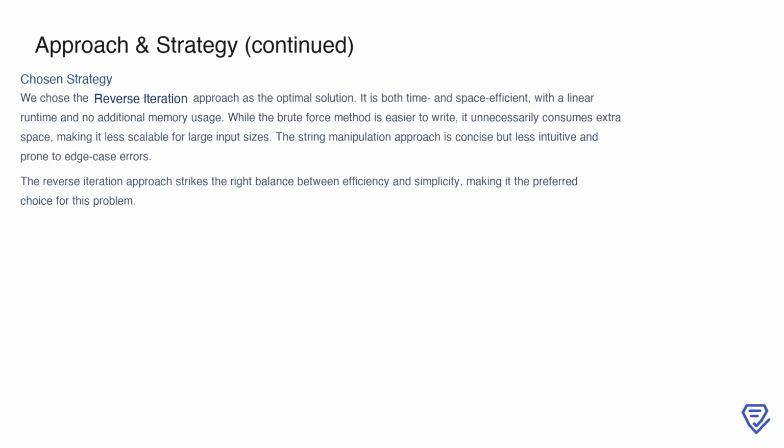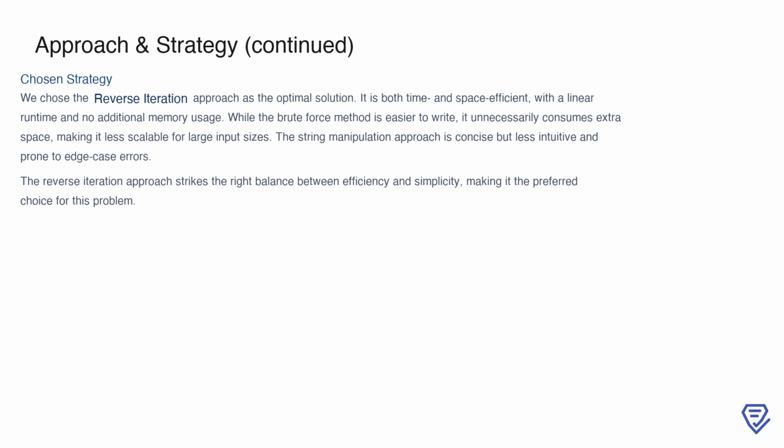Among the approaches discussed, we chose the reverse iteration method as the optimal solution. It offers the best balance between time and space efficiency. With a linear runtime and no additional memory usage, it scales well for large input sizes. While the brute force approach is simpler to write, its use of extra space for the array makes it less appealing for scenarios where memory is a concern. On the other hand, the trimming and string manipulation technique is concise but less intuitive, and it introduces potential pitfalls with edge case handling. The reverse iteration approach, however, combines efficiency with straightforward logic, making it a robust and reliable